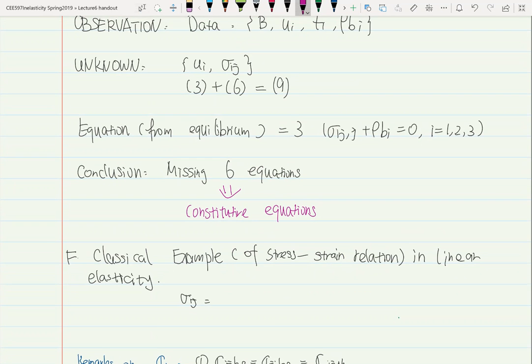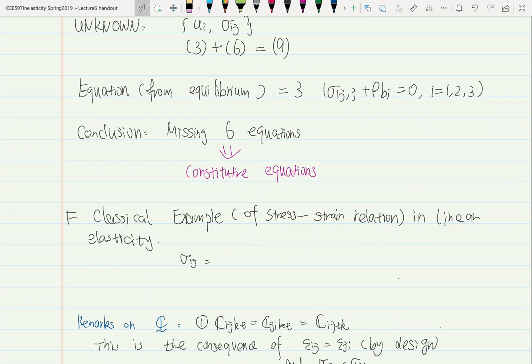So then these constitutive equations are the part where, for small deformation, you can have some nonlinearity through the material nonlinearity going into these constitutive equations, okay? And for plasticity, the constitutive equations would also be different compared with the elastic part. For a classical example in linear elasticity, we would take just the linear elasticity, where the stress-strain relation is as follows: sigma ij equals Cijkl times epsilon kl, where Cijkl is